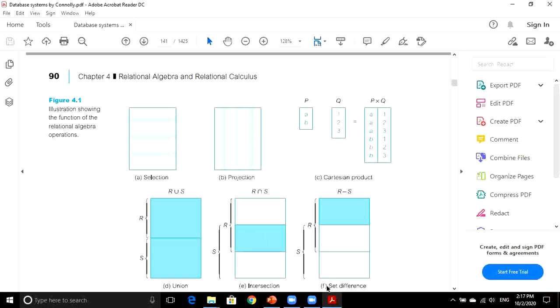Then we have the set difference operation. In set difference operation, we have only those values that are present in the first table and not in the second table. So here you can see that if this is the R table and this is the S table, we will only have the area of R which is not present in S and only present in R. So this is the set difference operation.